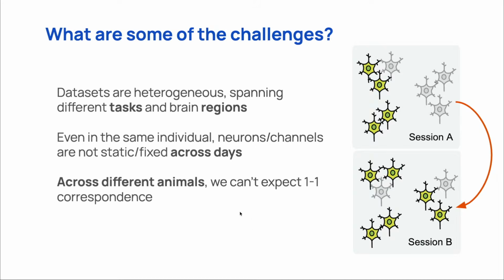And this has really been a kind of limiting factor in a lot of brain-machine interfaces, which try to learn some mapping between neural activity and behavior. But now that model, if you come back on a new day's worth of data, you have to recalibrate and you have to completely fine-tune that model again because of these shifts in the underlying distribution.